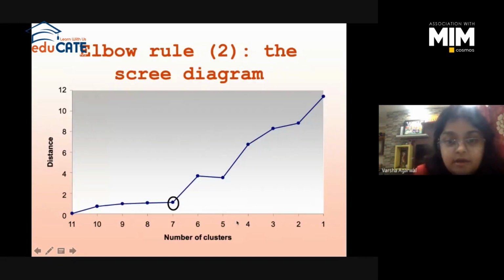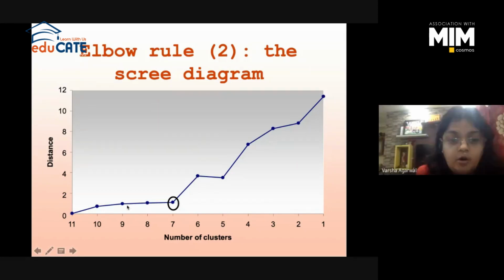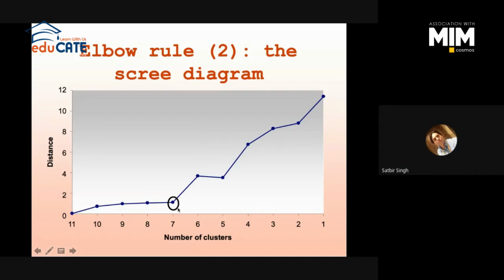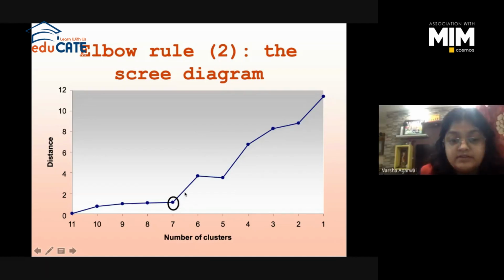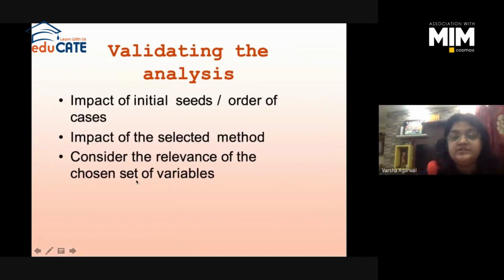What is this elbow rule? Here you see the maximum distance. All other places it is not that high. This is the first time, since you started, that you have the maximum distance of coefficients. So this is how you mark this number 7. Once you have identified this number, you just do minus 1, and that many clusters you form